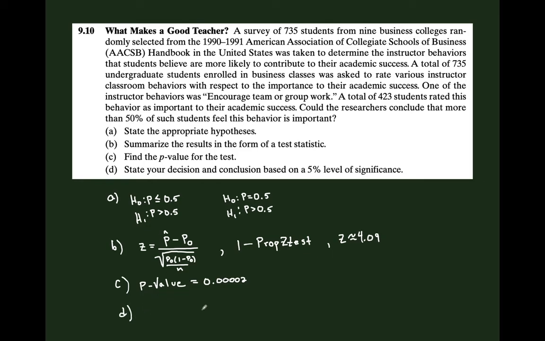And then part D, we're asked to state the decision. Well, we would be rejecting H naught here. We have a very small p-value. It's much less than the specified level of significance of 5%. That's alpha, by the way. Alpha is 5%, and our p-value is much smaller than that. So our decision would be to reject H naught. And we have statistically significant